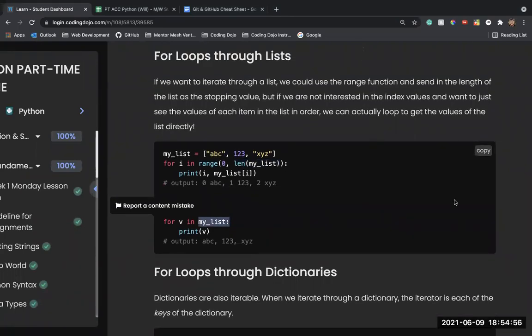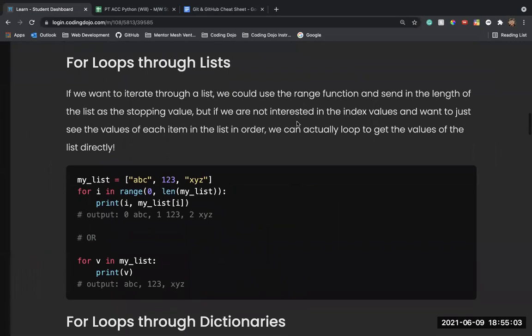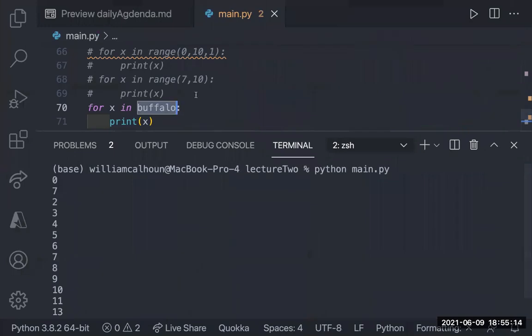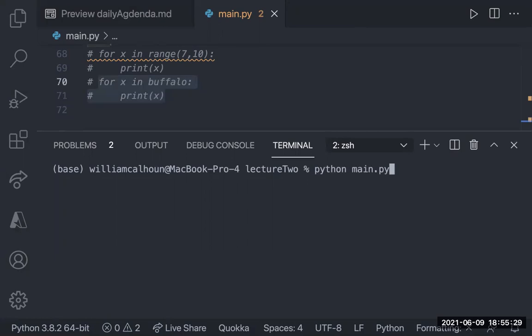Before I get to dictionaries, are there any questions or confusion on this at all? On the for loops in Python, is that inclusive? Like if you just put a 10, are you going to get 0 through 9 or 0 through 10? I believe it's up to, but not including. Is there an easy way to do up to and including aside from just adding an extra digit? I don't know. That's a great question. Let me see. Add the one on the end of it. Yeah, so it's up to, not including.